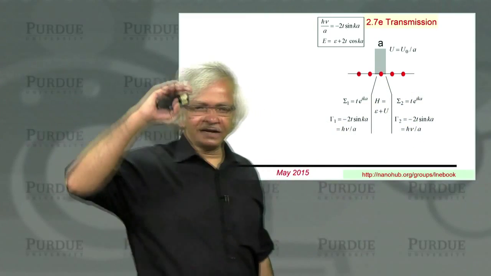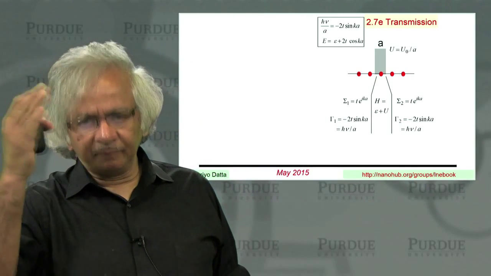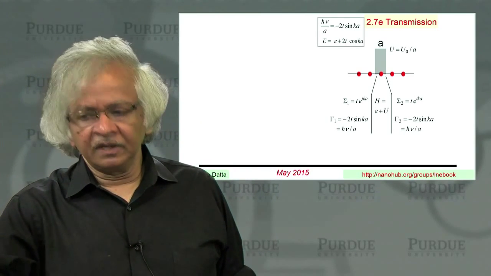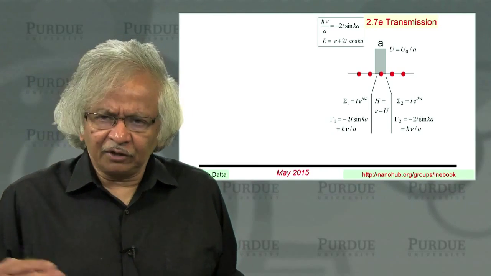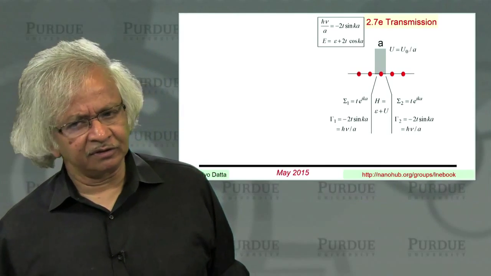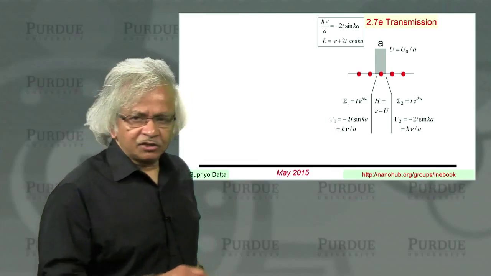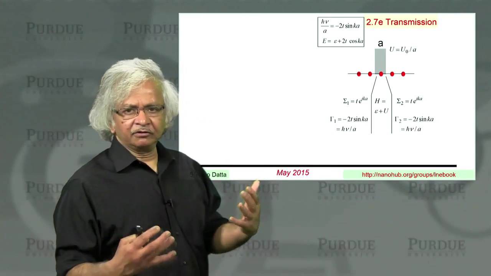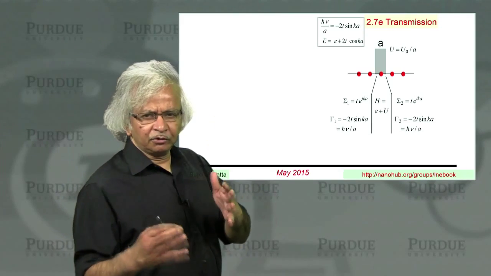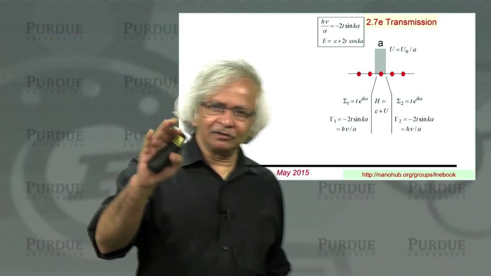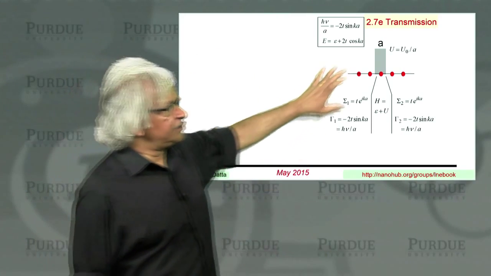So you see, if my device had 10 points, then H would be a 10 by 10 matrix. And usually it would be kind of inconvenient to do that by hand. But on a computer, that's nothing. A 1000 by 1000 matrix is no big deal, really. So for numerical simulation, you just write down the matrices and get the computer to evaluate it for you. But if you want to do it on paper, then it's good if the matrices are 1 by 1, maybe 2 by 2. Okay? And for this problem, we can use a 1 by 1.